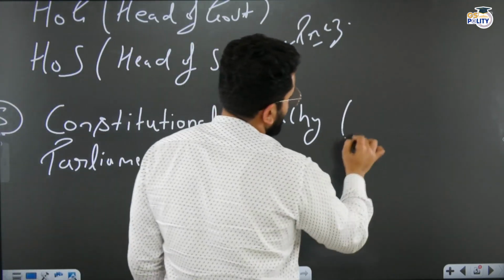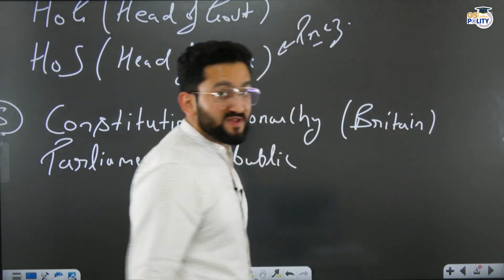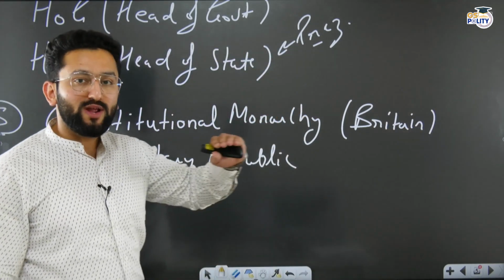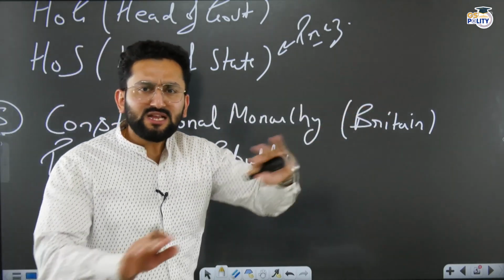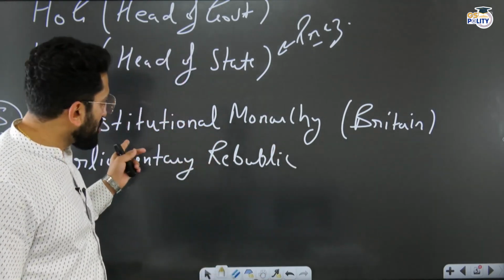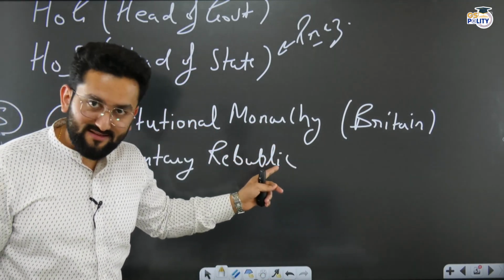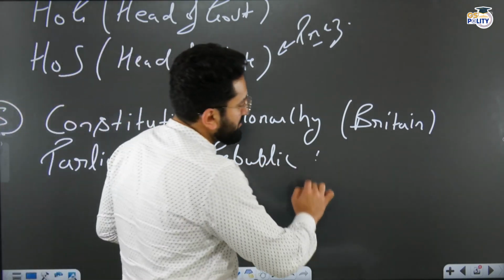Take the example of Britain. In case of Britain, the head of the state is the Queen, that is, the Crown, right? So it means the head of the state is not elected by the people. That is why it is a constitutional monarchy. But in case of a parliamentary republic, for example India,